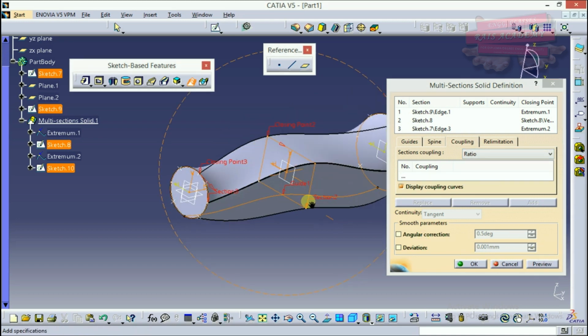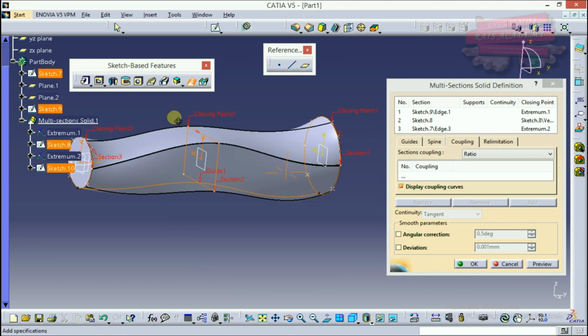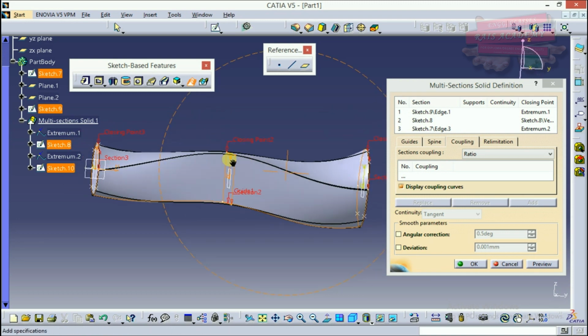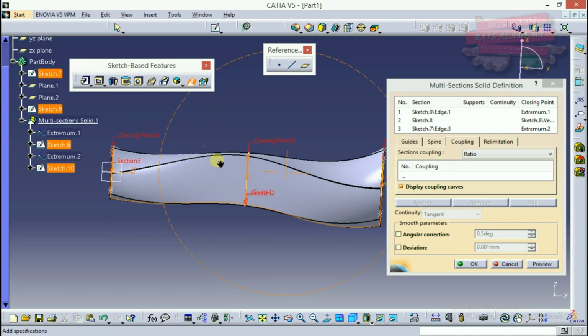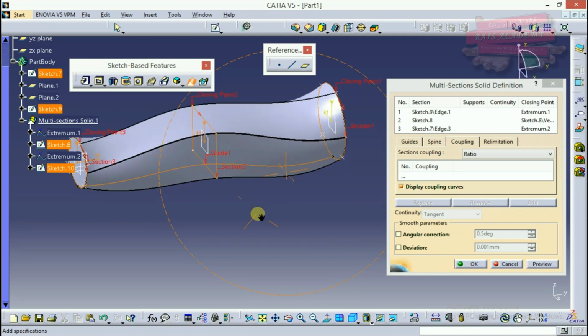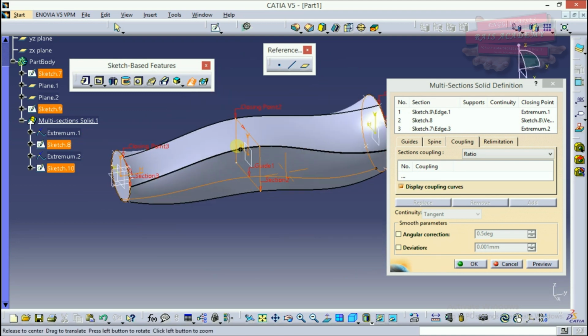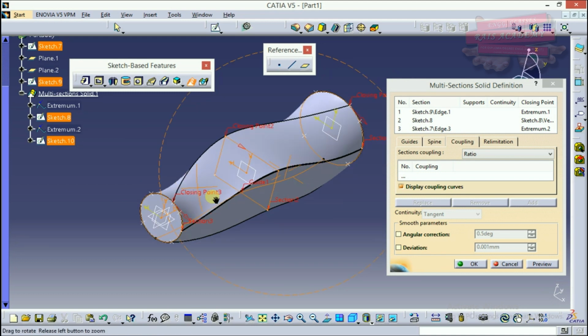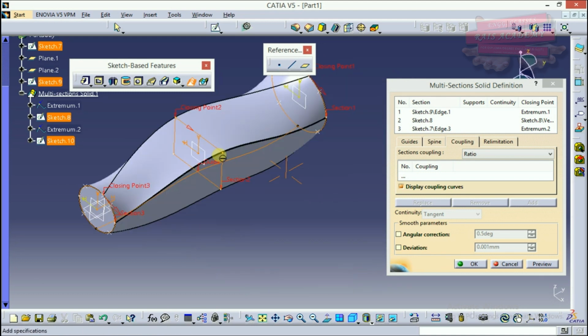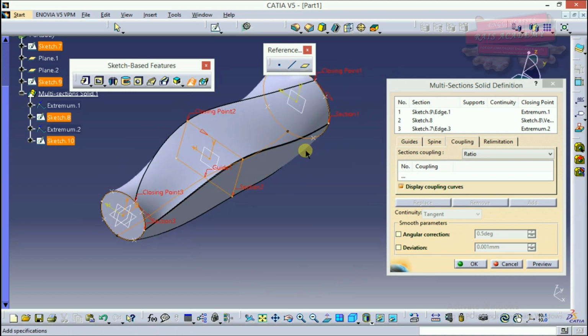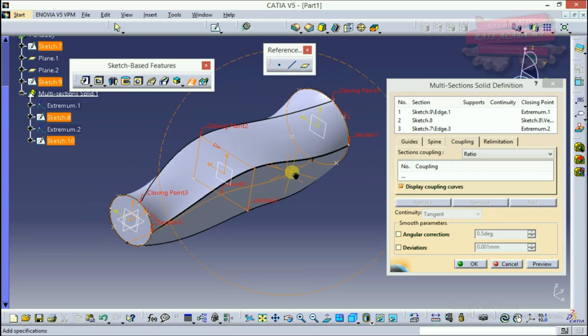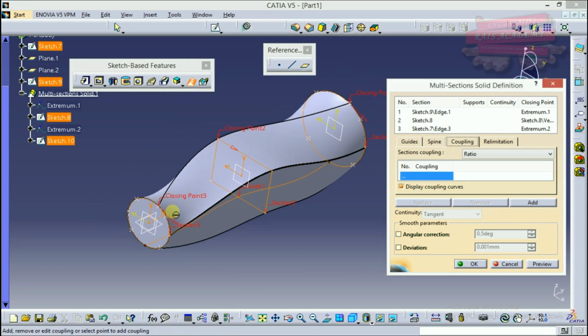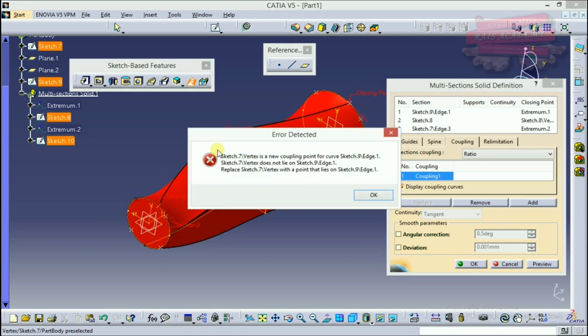Now as you can see, it is following the guide curve over here. Okay, so if you see, the profile is generated as per the guide curve which we have drawn. Okay, so now what we can do over here is provide some couplings also, so the drawing would be much better.